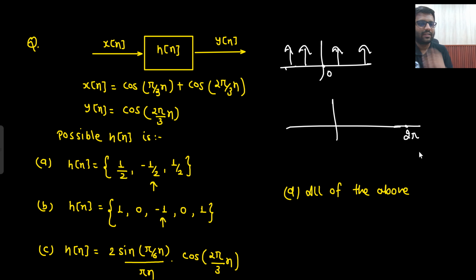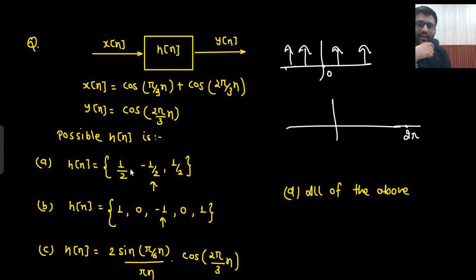So 2 pi minus pi by 3, 2 pi minus 2 pi by 3, 2 pi plus pi by 3, 2 pi plus 2 pi by 3. And similarly here as well, minus 2 pi plus pi by 3. In that manner it will just be repeated, right? So frequency components are pi by 3 and 2 pi by 3. But in the output only the 2 pi by 3 frequency component is present. That means this has been eradicated. So you need to find that kind of filter which will kill this frequency spectrum,